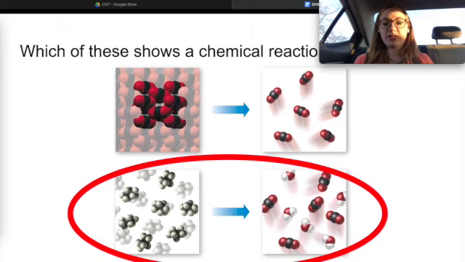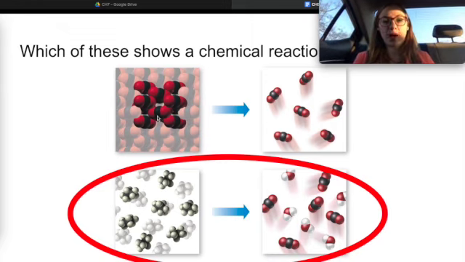So I believe it's the bottom pictures that represent a chemical reaction. If we're looking at the top image up here, we can see that we have one black carbon atom with two oxygen atoms. These are all CO2 molecules. They're all the same. And then when I look at my end products to the right-hand side here, I see that I have